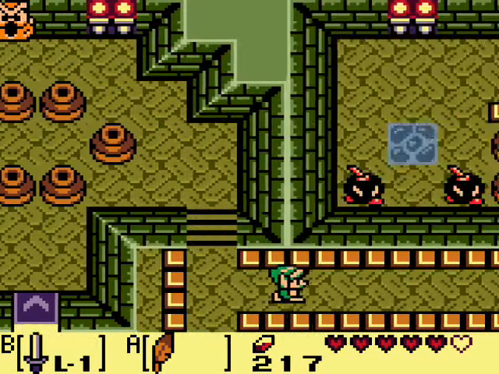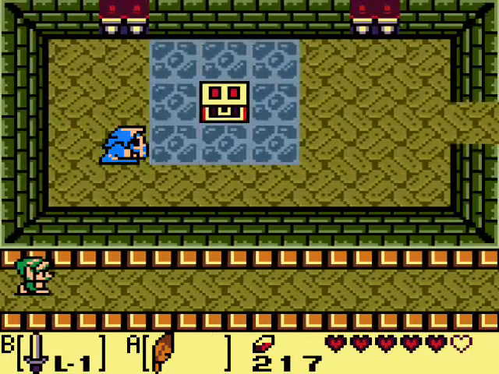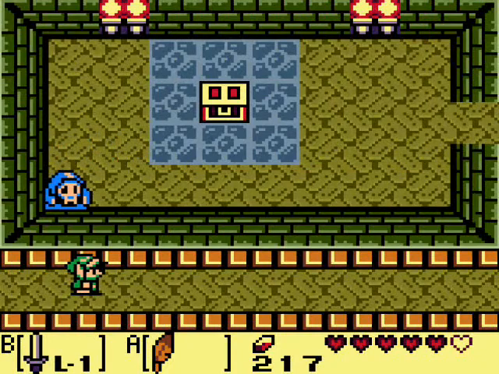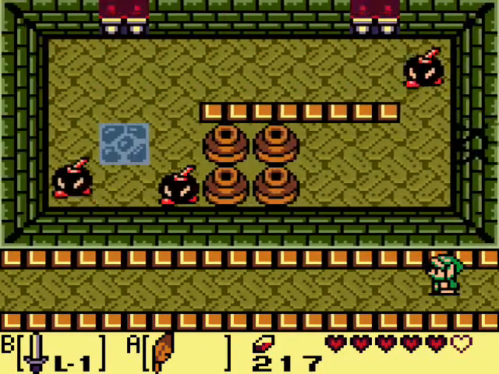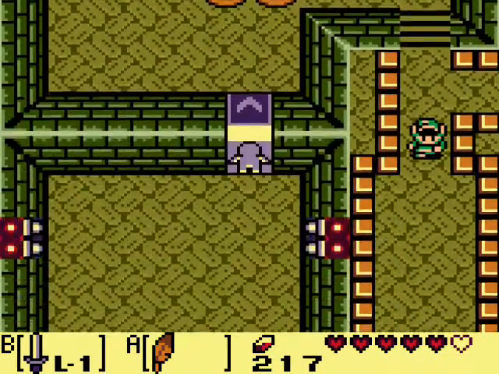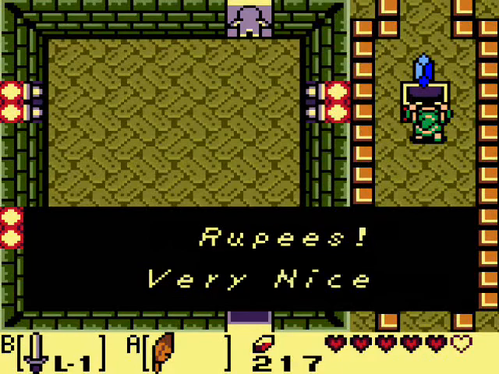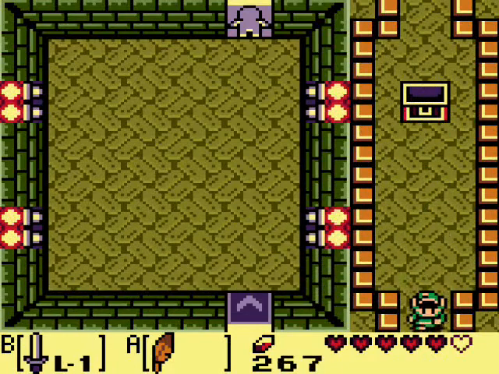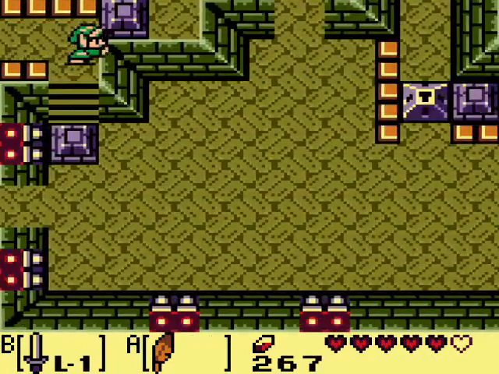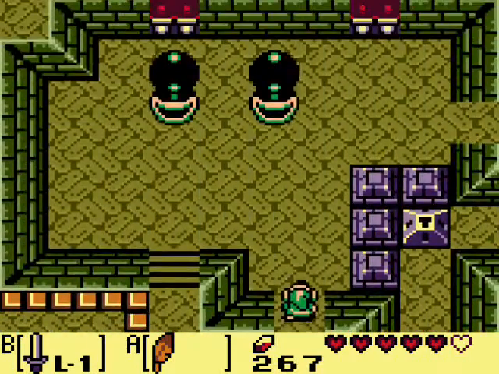Now, if you go over here, you can see there's an area right there with a cracked wall. But if you go on this side, there's no sign that there's a cracked wall. This is kind of the reason this pathway exists, so that you know there's a place you can blow up right there. So what do we got in here? We got rupees. Yay! Very nice indeed. So we're gonna head on down here. Push this aside, and we can go into this room where we will fight the